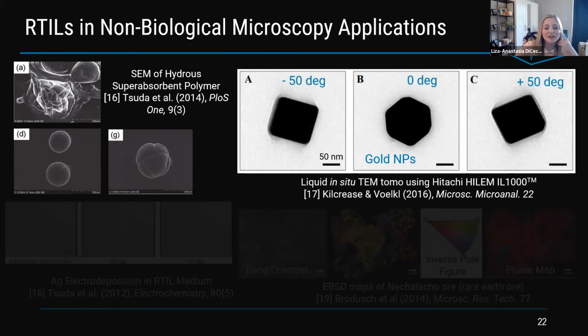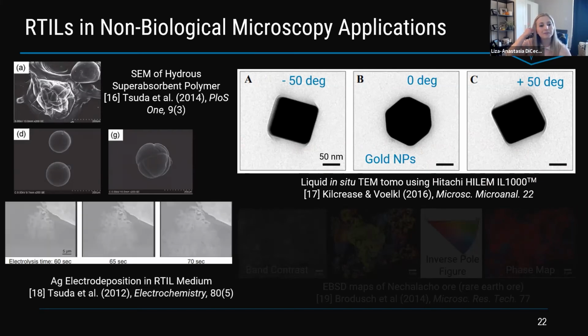This was a really neat one that I just stumbled upon the other day. It was from the Microscopy and Microanalysis Conference, so I only have the abstract and a few of the images they showed. Here they're using the Hitachi Hylem ionic liquid, a trademark ionic liquid that Hitachi makes that they won't tell anybody what's in it. But in any case, they were able to do tomography of gold nanoparticles in solution of these. Again, I didn't see any reconstructions from this work. Maybe they gave it in their presentation, but it was really interesting to see that it was stable enough and things weren't moving quite as fast that they could actually capture tomography with this.